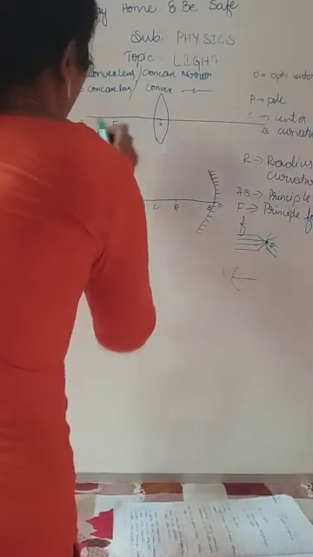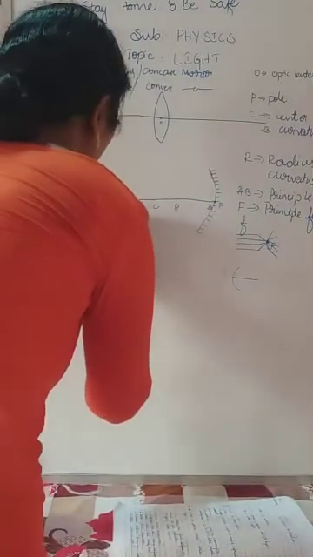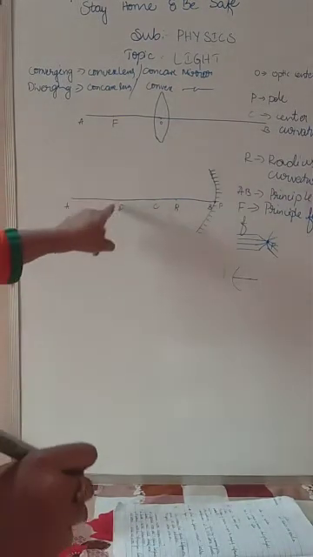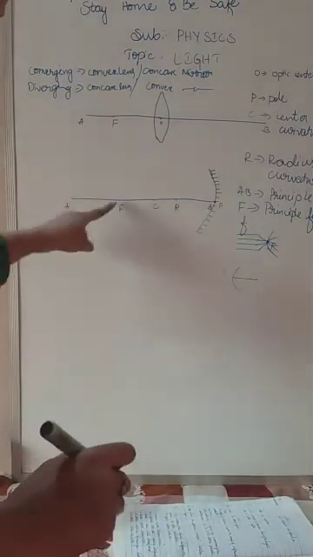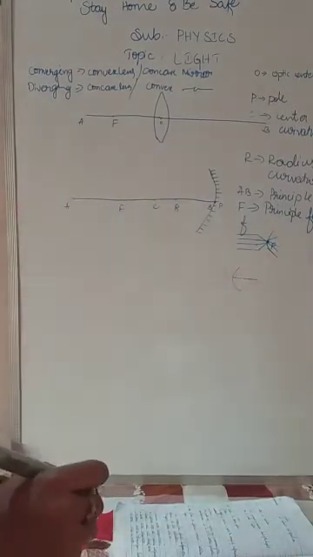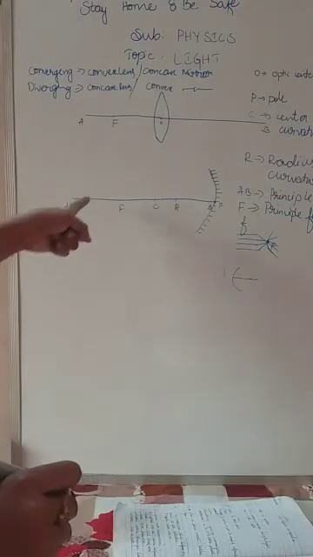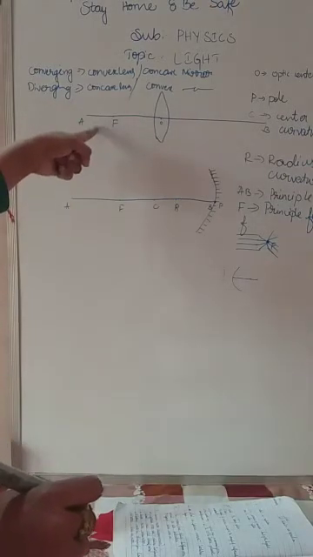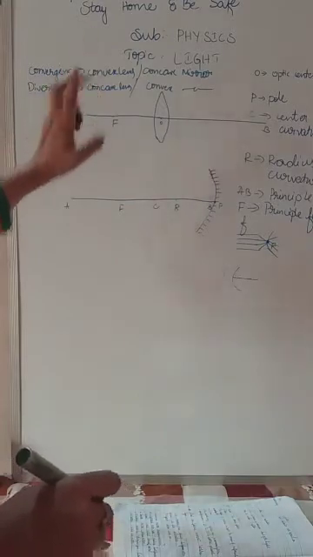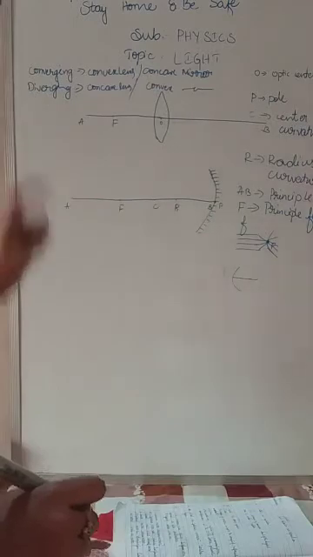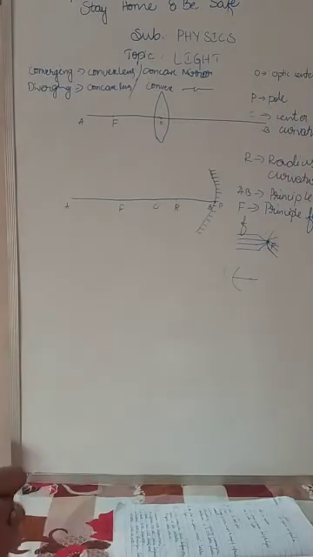And the next is focal length. We have to write the principal focus here and the principal focus here also. If the rays are converging or if the rays are diverging, that is called the principal focus of the convex mirror, and this is called the principal focus of the convex lens. Here it is diverging and here it is converged. You have to keep that in mind.